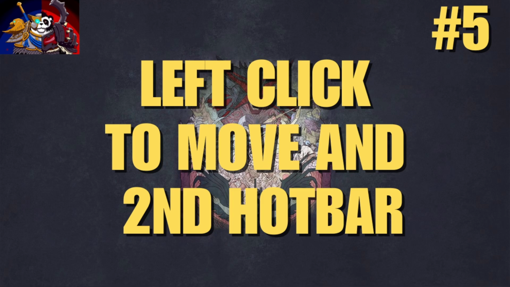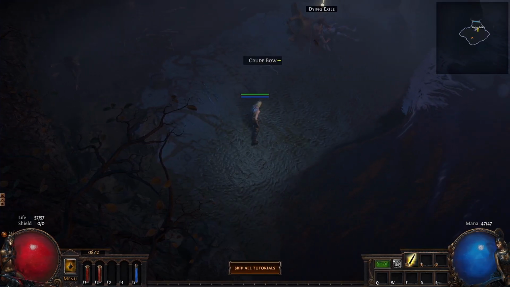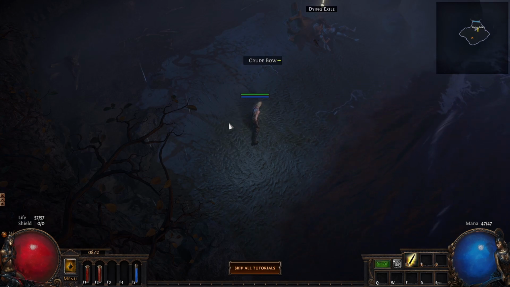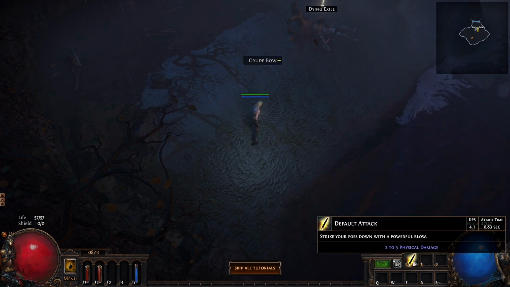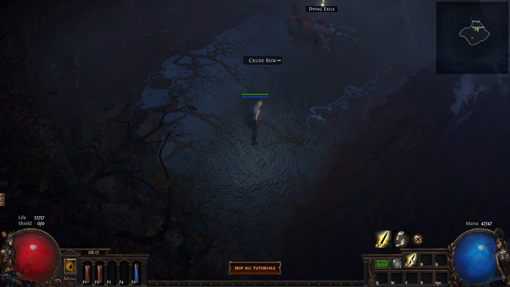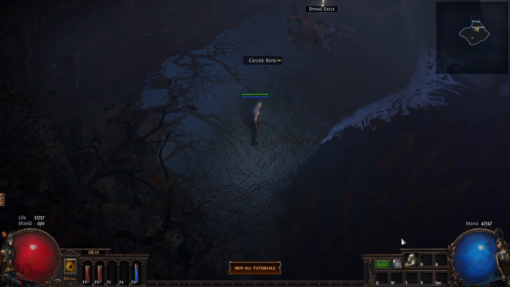Tip number 5, left click to move and the second hotbar. So I have just created a brand new character. I am back down on the beach, level 1. First thing you want to do as a PC player, console you can reassign buttons, but if you're brand new to the game, highly recommend you click here, your main action button, the left button, change that to move only,